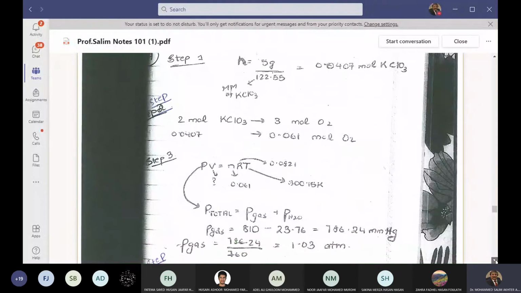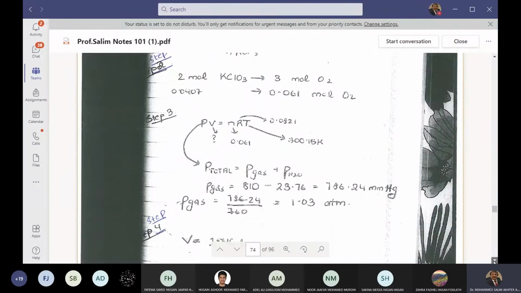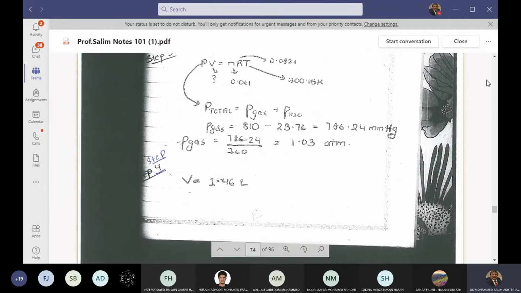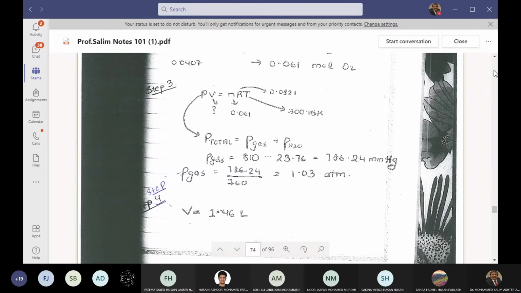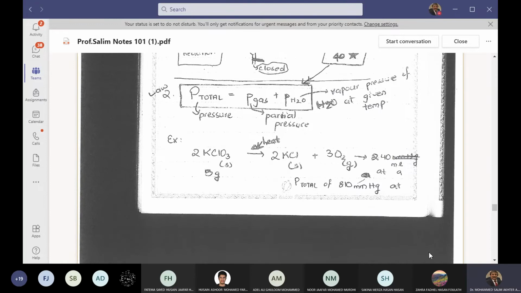Okay, this is the patient. Okay, just a minute. I have 5 grams KClO3. Now, my friend,